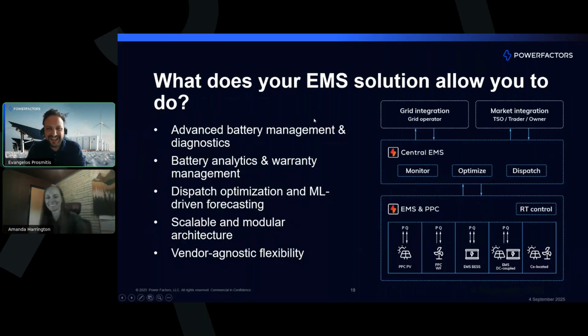We can provide from our side, as you are aware, Power Factors is an end-to-end company that can provide an end-to-end solution starting from the edge controller on the SCADA side at the field up to several APM solutions and advanced analytics, etc. Our EMS, which we provide in either BESS or co-located projects, renewable plus batteries, guarantees the grid compliance, and obviously also the maximization of the revenue of all the owners. So here you see that we can provide the EMS and our PPC on the plant level, in order to control all the